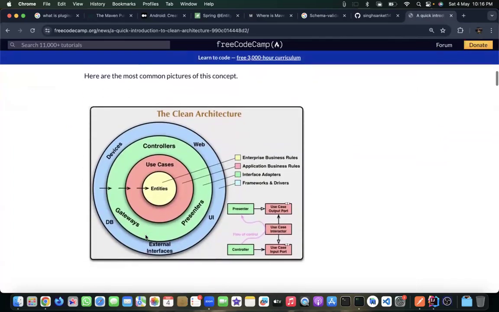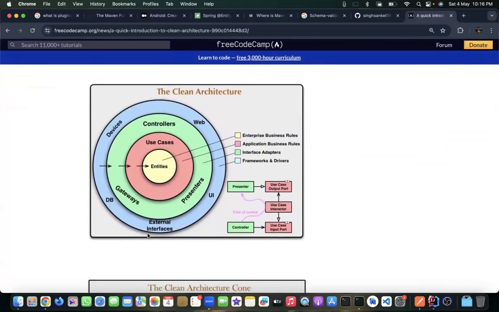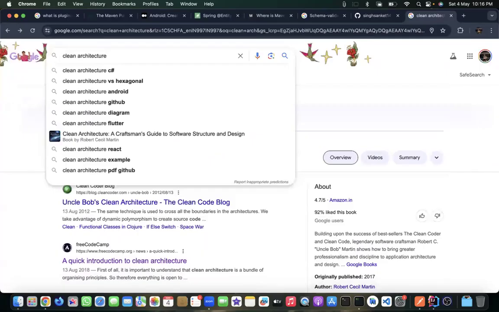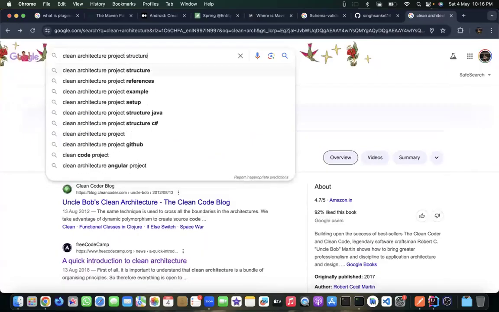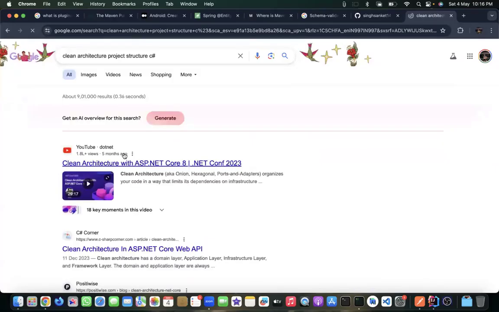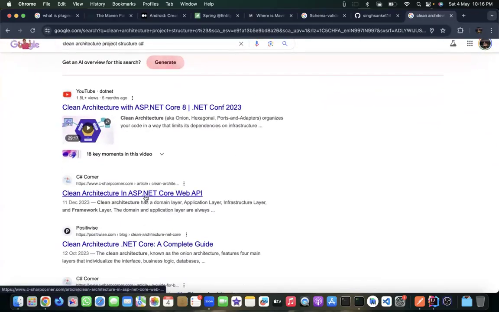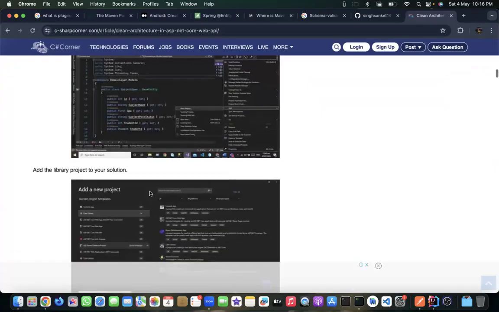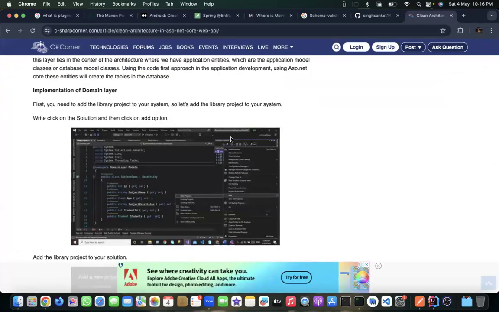Instead of showing the definition, let me show you a project structure in, for example, C#. Let me see if there is a project structure or not. If you carefully see,